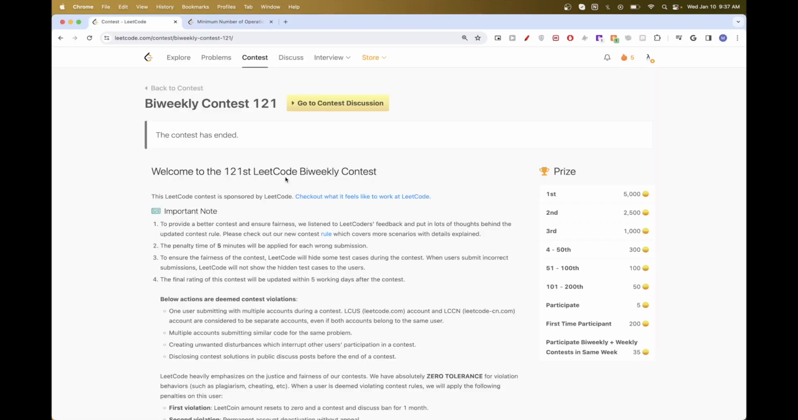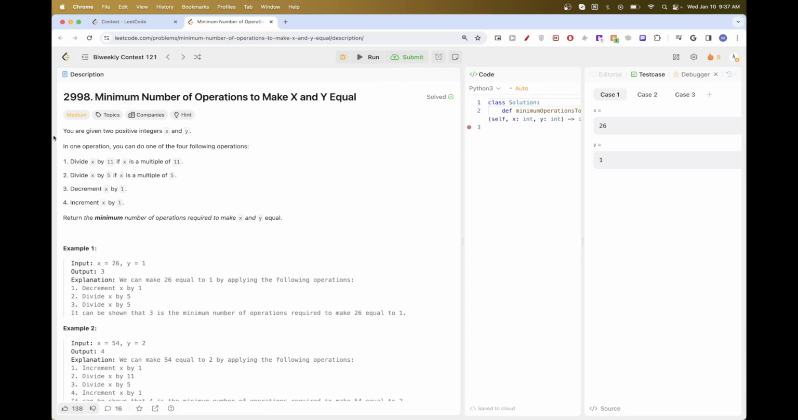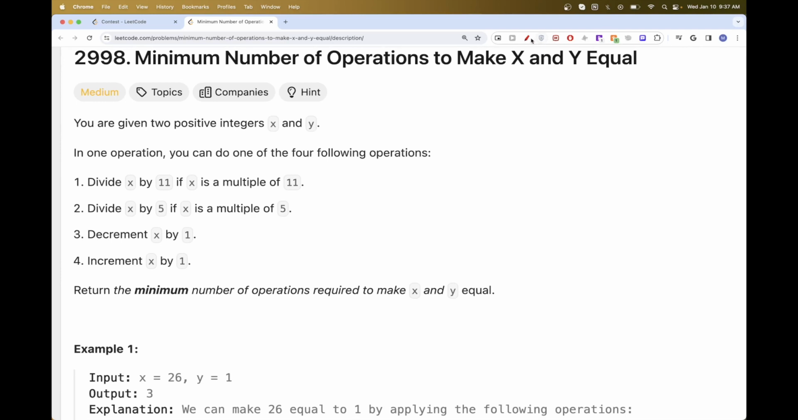Hello, so today we are going to do another problem from Biweekly Contest 121, this week's Biweekly. And the third problem is minimum number of operations to make x and y equal. So we get two numbers, x and y here, and in one operation you can do one of these four